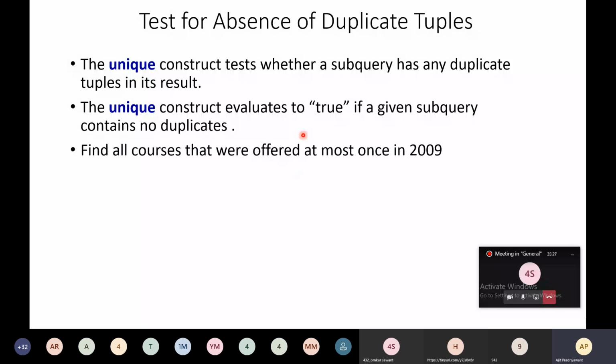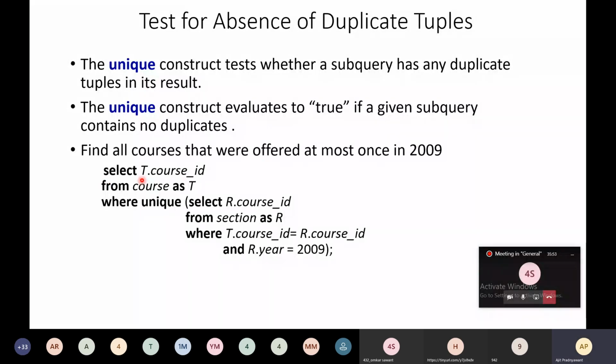Suppose this is the query: find all courses that were offered at most once in 2009. What does this query mean? You have to find the courses and remove the duplicate entries present in the result. So this is the way to write the query.